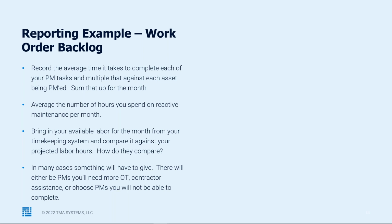Then what I would typically do is average the number of hours that we spend on reactive maintenance per month. So I look at last year's data, and I'll just take an average of the service requests that are coming in, the random repairs that we have to do. That should give me something to look at, and I'll put it next to the sum of hours that I have for my preventive